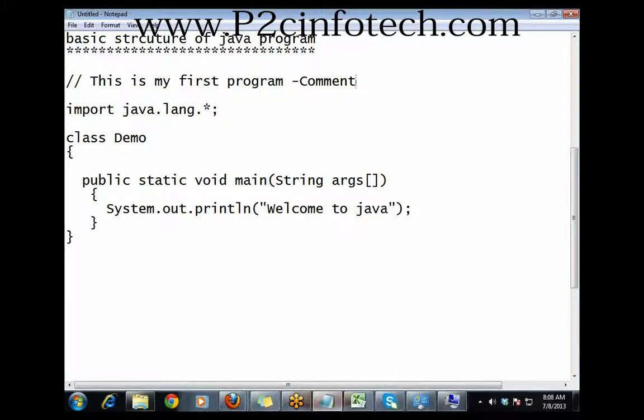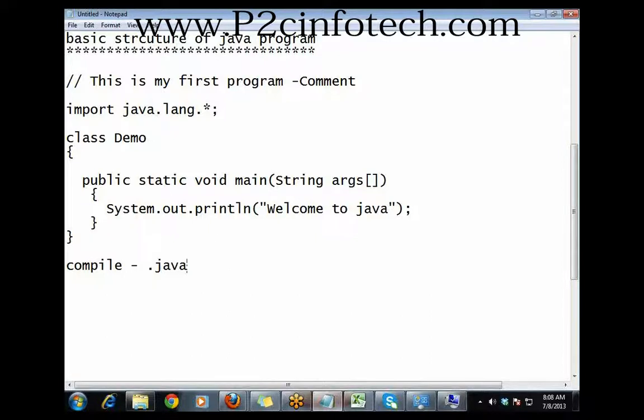Whenever you write a Java program and try to compile it, what do you mean by compiling? You have written a .java program. You have to save it with whatever name it may be, and extend it as .java. You have written a .java program, but this Java program cannot be understood by the system, so you have to make sure that the system understands it. So you have to compile your program.